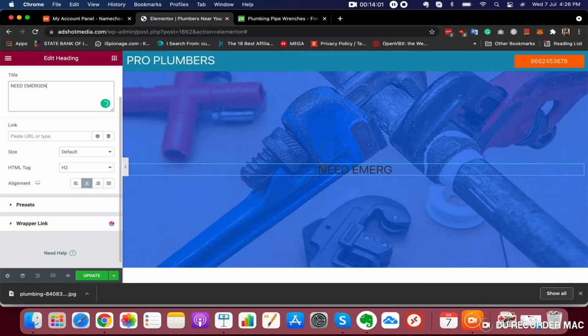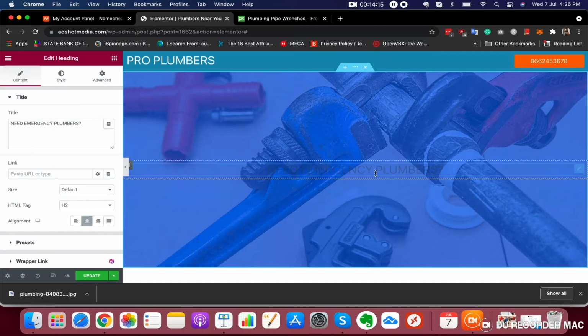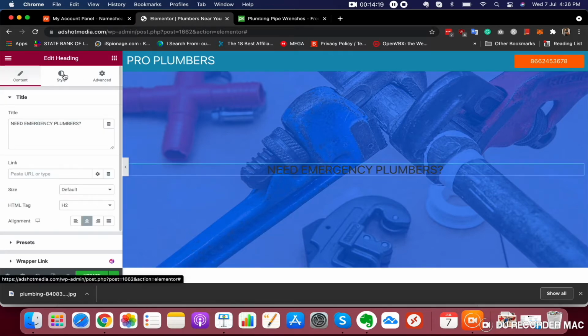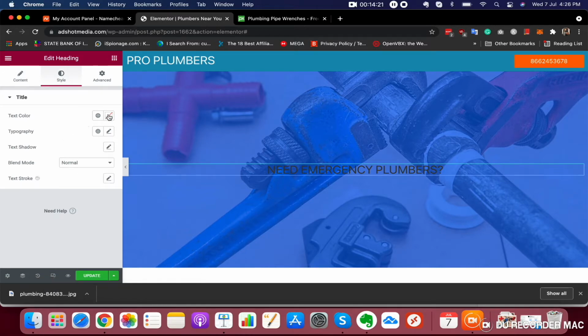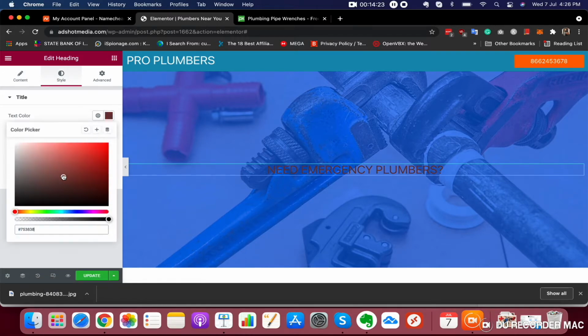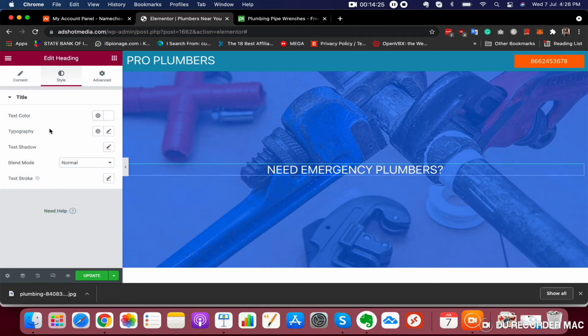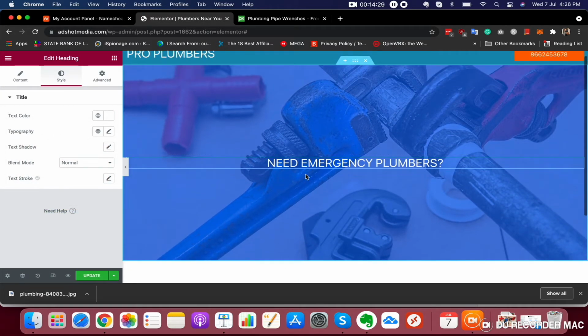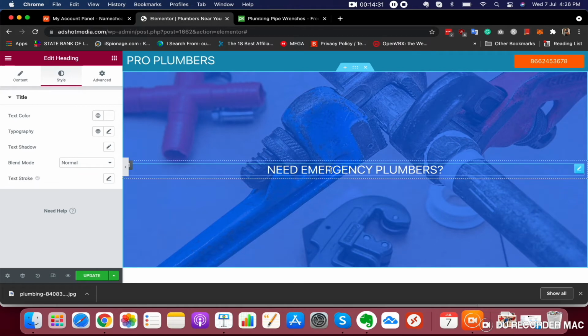Need emergency plumbers. Now click here. Let's change the text color. Go to style and go to text color, select white, and now I think we should also change the size of the font, and let's change the font family that we are using here.